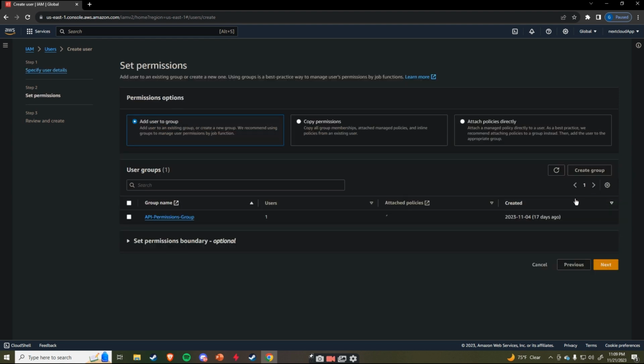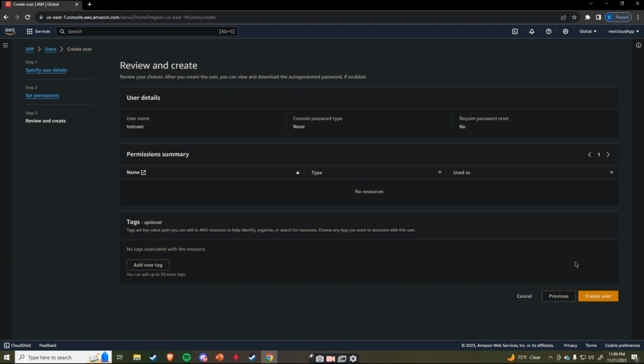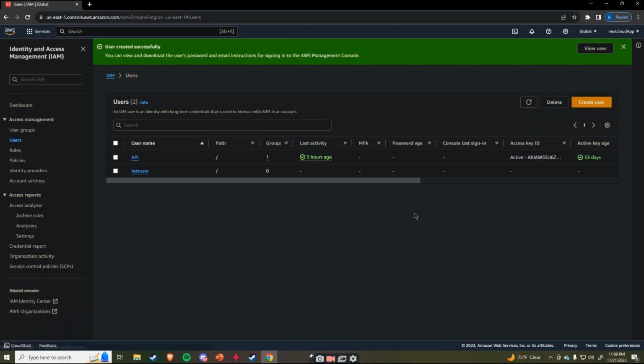You have to click Next. If you had a permission group, which you probably don't at this point, don't worry about that, but if you did, you can add it. Click Next, Create User. Now, once you have created this user, this is the user that you will use throughout